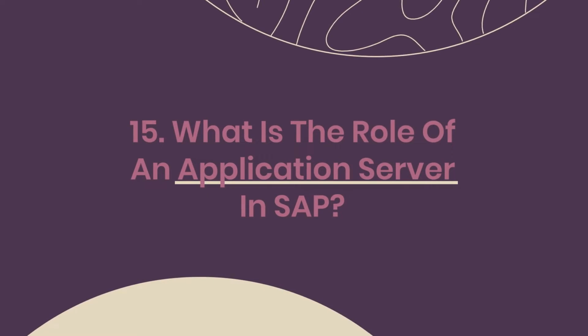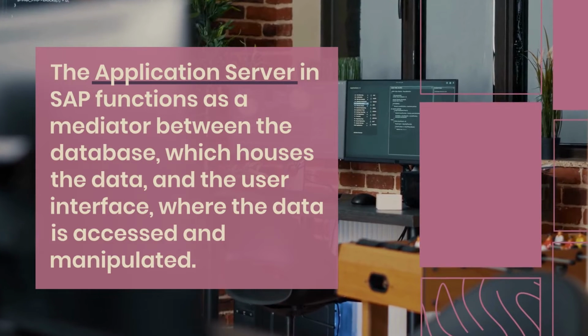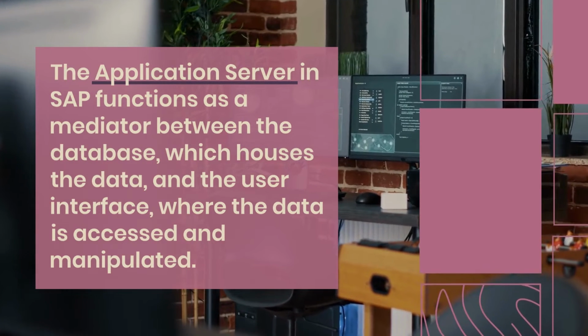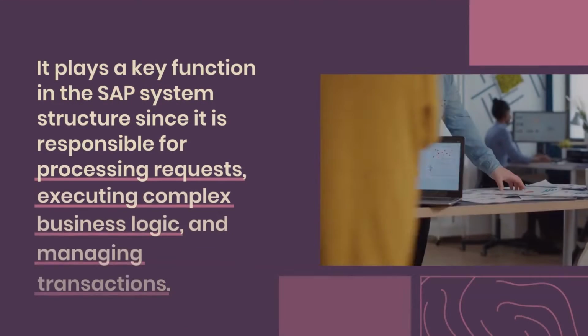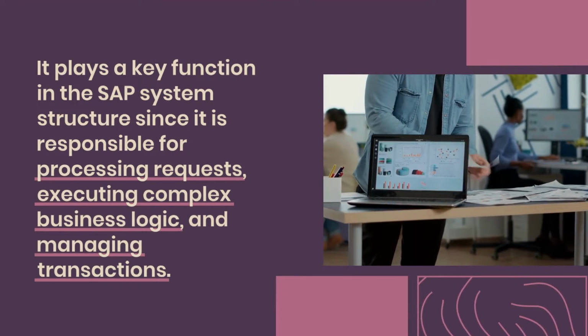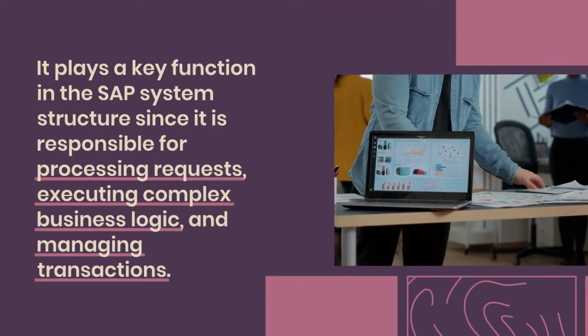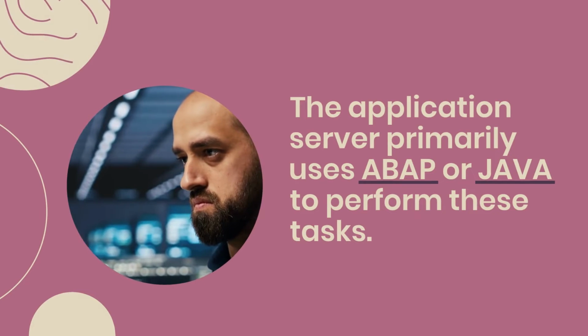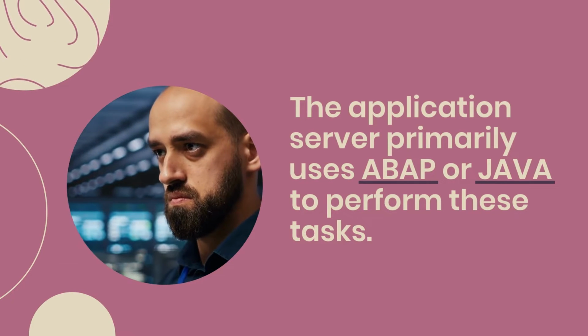15. What is the role of an application server in SAP? The application server in SAP functions as a mediator between the database, which houses the data, and the user interface, where the data is accessed and manipulated. It plays a key function in the SAP system structure since it is responsible for processing requests, executing complex business logic, and managing transactions. The application server primarily uses ABAP, Advanced Business Application Programming, or Java to perform these